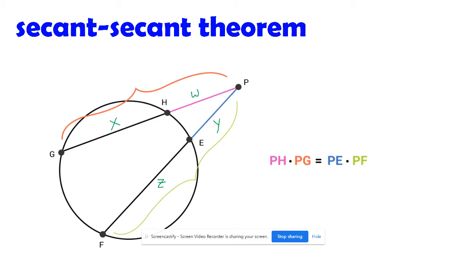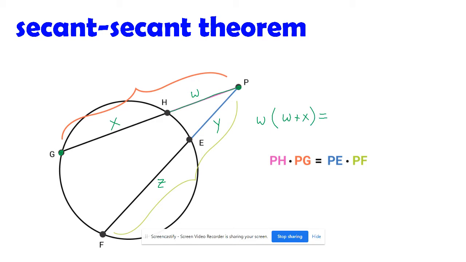All right, and I would really encourage you to jot this part down, because the way I'm going to show it to you is going to look a little different than what they have here, even though it's really the same thing. So what they have here is they say pH times PG. So pH is the W from P to H. So we got W. Here's the thing you have to be really careful about. PG, we're going from P all the way down to G. And that is not just W, it's not just X, it's W and X together. So we have to do W plus X